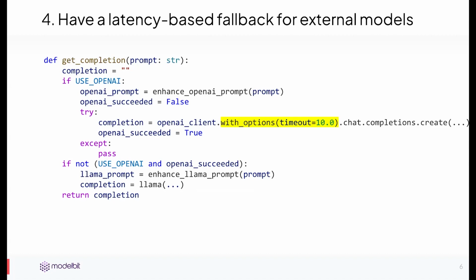When you're depending on an external API, that can happen more often than you would like. And so what you're going to want to do is time out the call to the external model and then have it reroute to the internal model, even if it's worse, so that you can have a positive product experience in that moment. By the way, and I know I'm whipping through this lightning talk, but you can see here